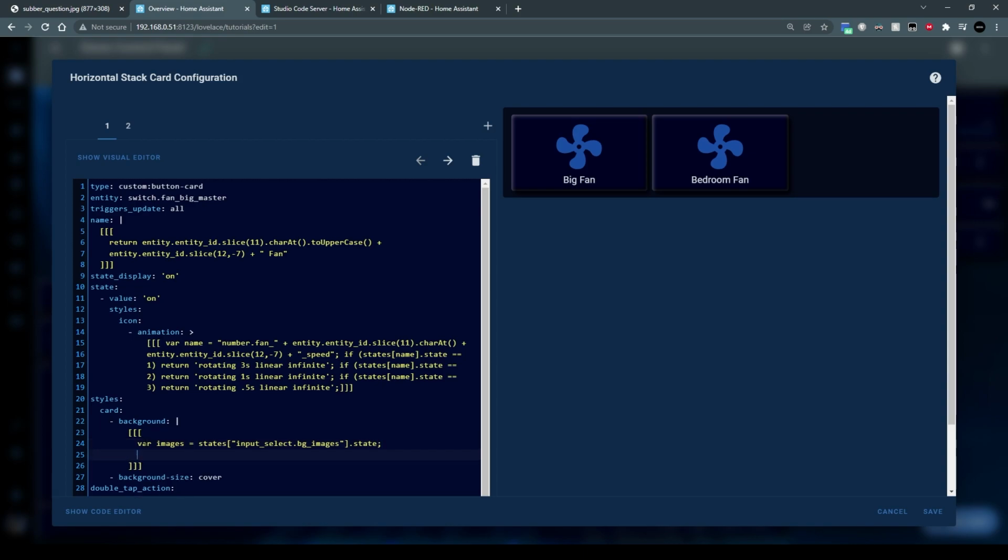The next line is where we're going to use that state. So we're going to use the URL. So what we need to do is return a single quote, URL, and open a bracket, do /local/, remember that's the www folder. So in that folder, I have a subfolder, and I called that one picture_slides. Now before we had the washingmachine.jpg, instead of that this time, I want to use this variable from the input selector. So to use that variable, it's quite simple. We do another single speech mark, plus, open bracket, images, which is the variable that we declared here.